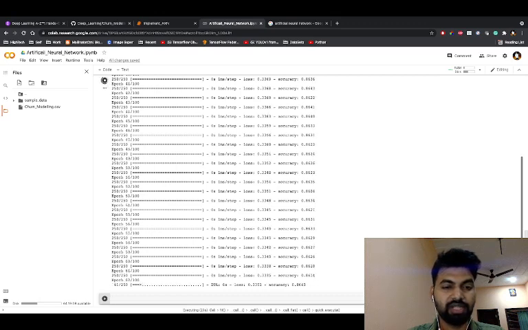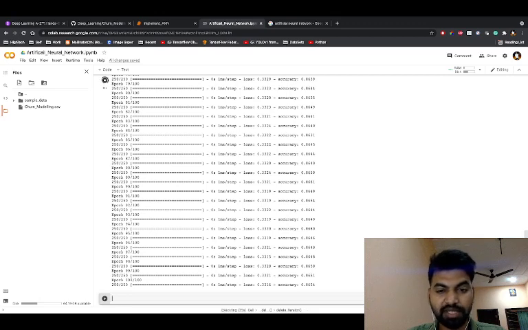So this is the 57th iteration, 63. We'll see at the end, when it comes to 100, what the accuracy of this model would be. Yeah, so we are getting 86% accuracy, right?